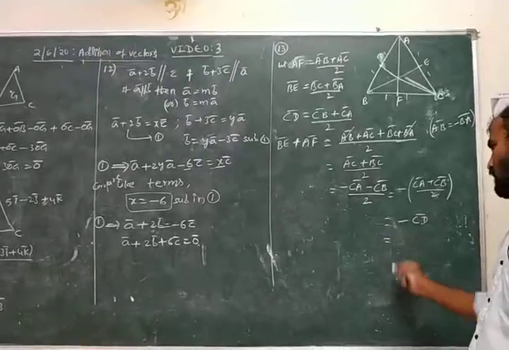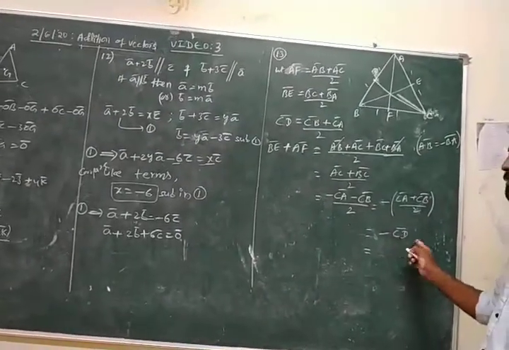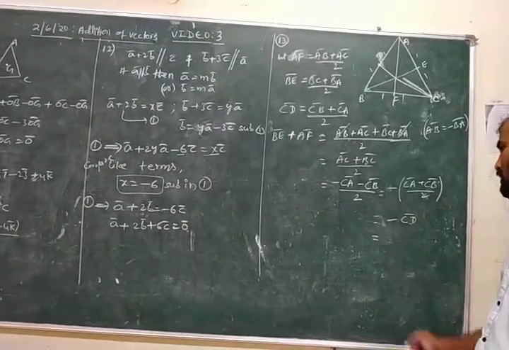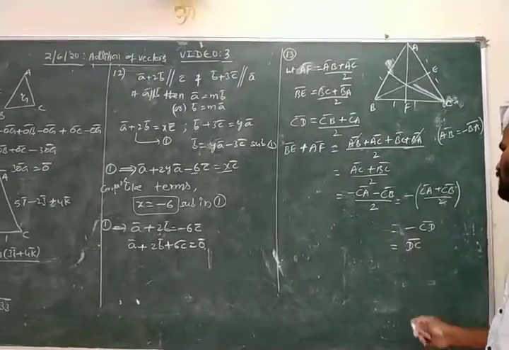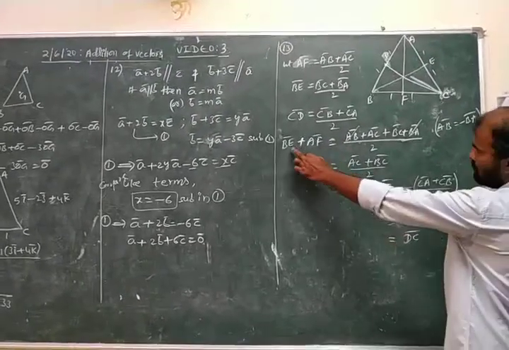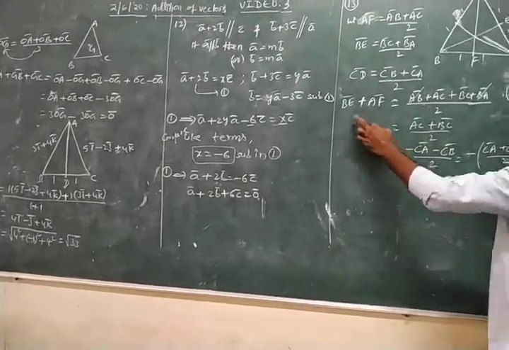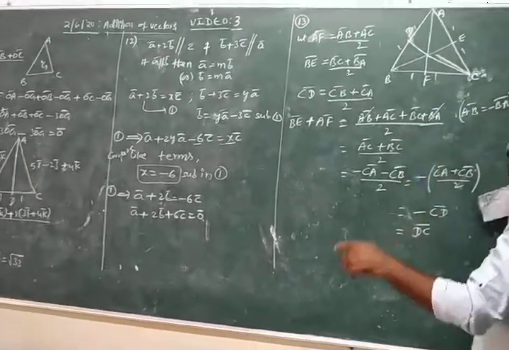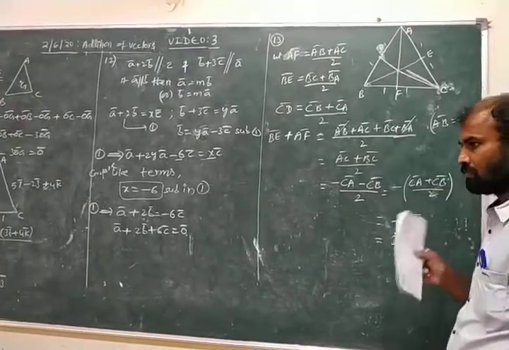But in the options we have CD bar, BF bar like that. So minus CD bar: interchange these two position vectors and the initial point, and we get this. Otherwise, B bar plus A bar, bring minus CD bar to that side and it becomes plus CD bar. B bar plus A bar plus CD bar is 0 bar. Otherwise, minus CD bar equals DC bar.